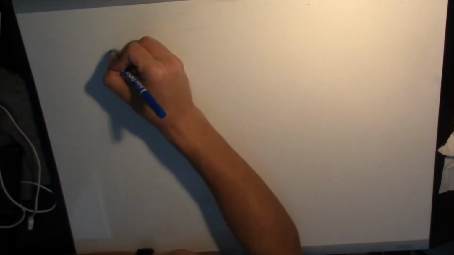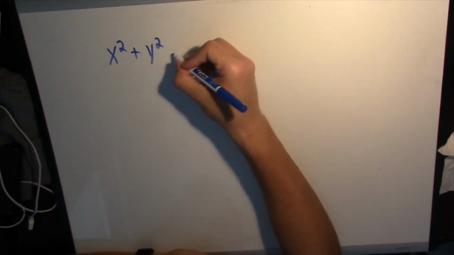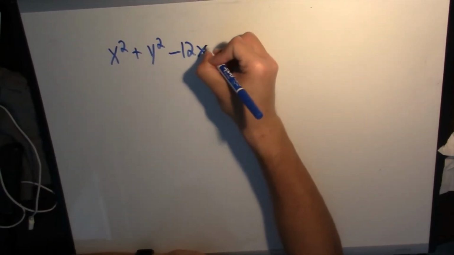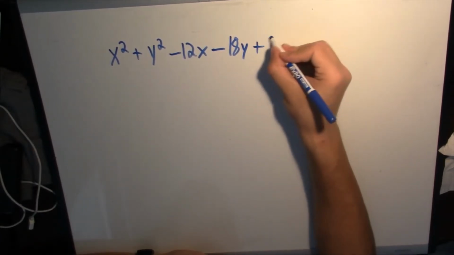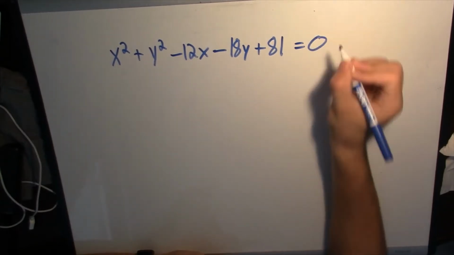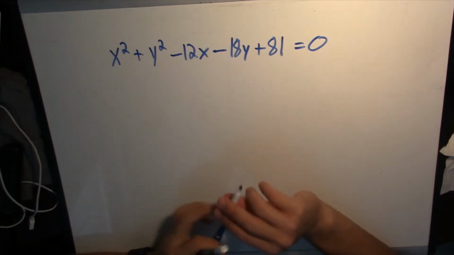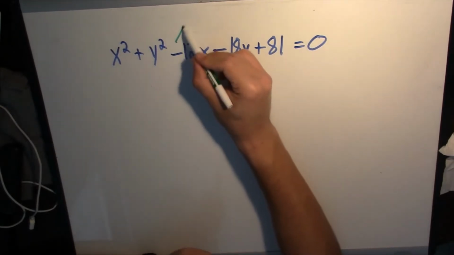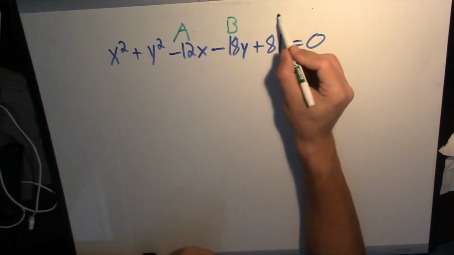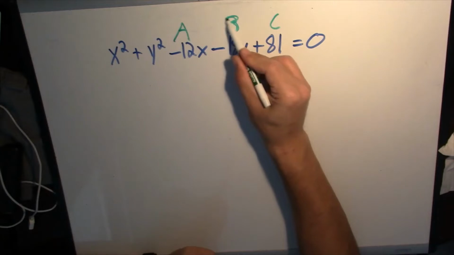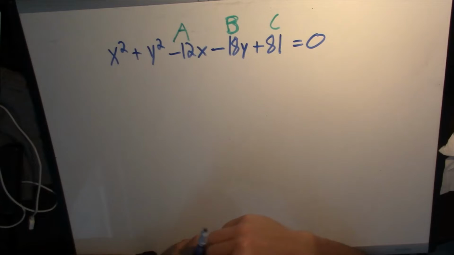So the example I'm going to do is x squared plus y squared minus 12x minus 18y plus 81 equals 0. Okay, so going back to general form, this negative 12 is A, negative 18 is the B, and 81 is C. So that's what I mean when they're constants, they're just some numbers. Now following the notes,